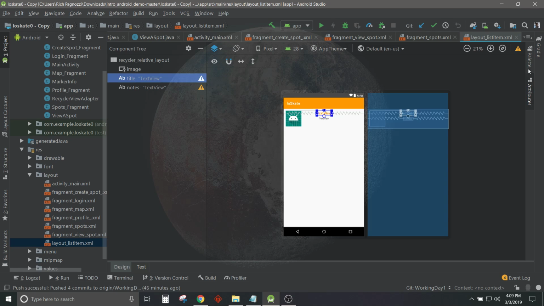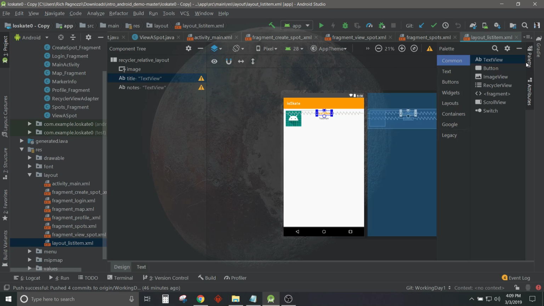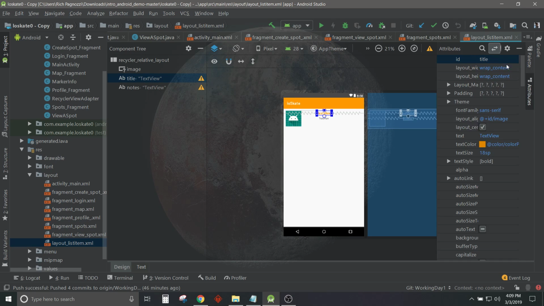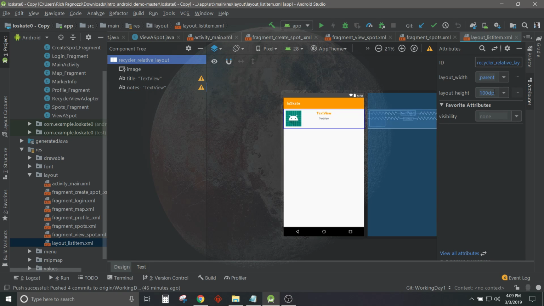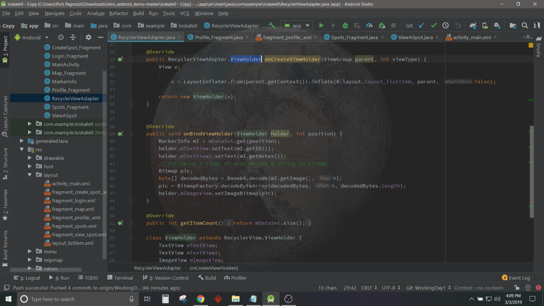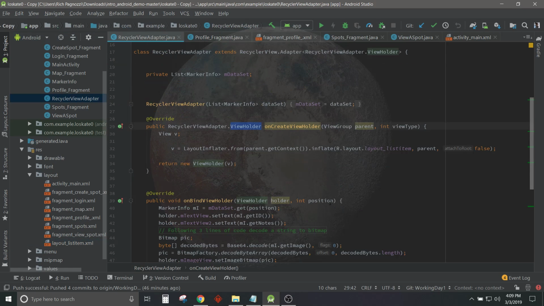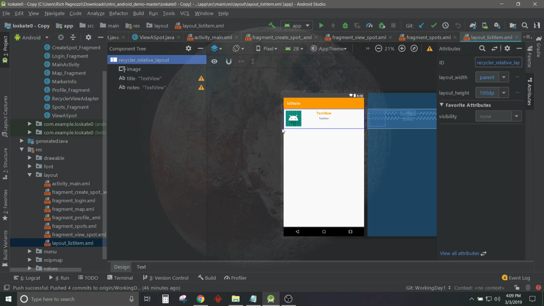This is for my title. I'm sorry, we don't want Gradle. Attributes. There we go. Yeah, this is my title, and then these are my notes. So with this, recycler relative layout is my ID, as you can see. So with this view, what this adapter class that I created does is it basically says, hey, give me a view, which is that thing that we just created, list item. So it takes in a view,